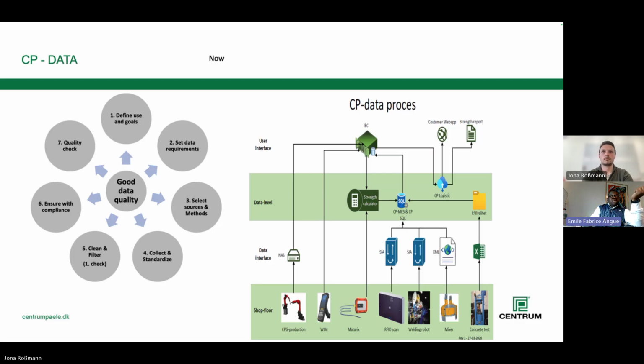We set the data requirements: which data we want, and which data is important, not just for the EPDs but also for the sustainability report. We also ensure that we select good sources and have a good methodology about which data is very important